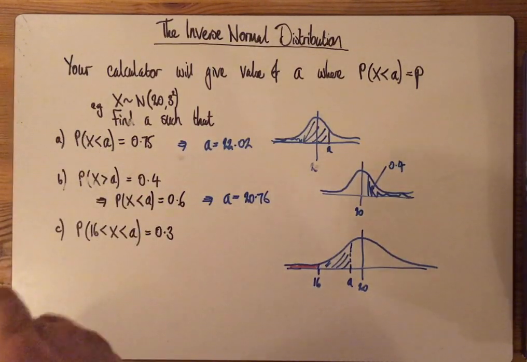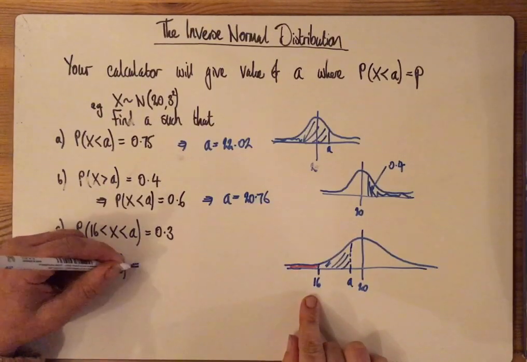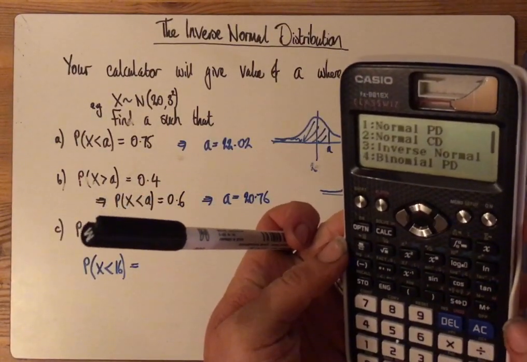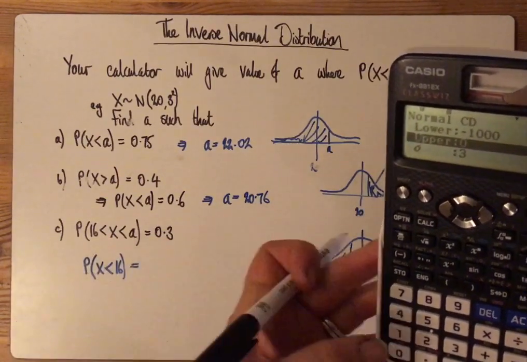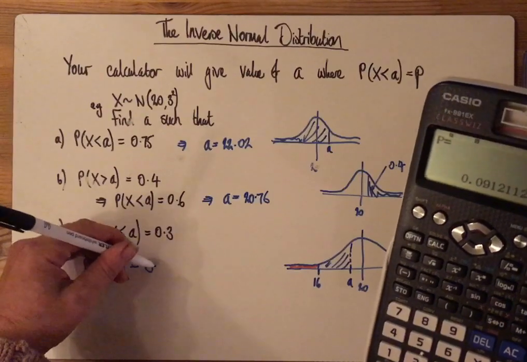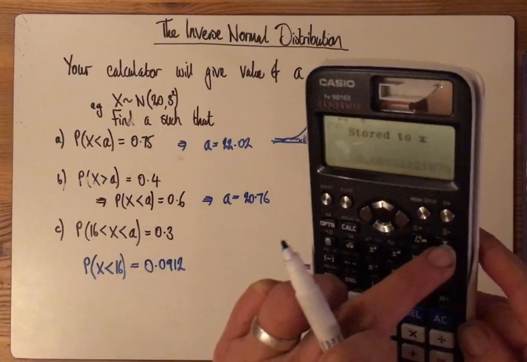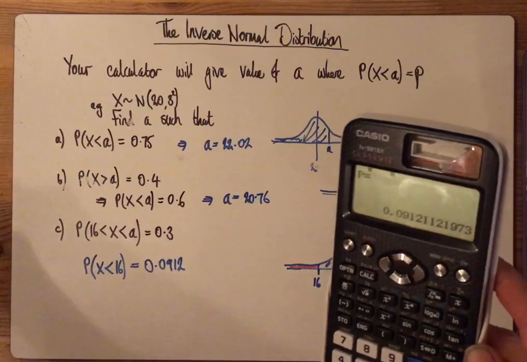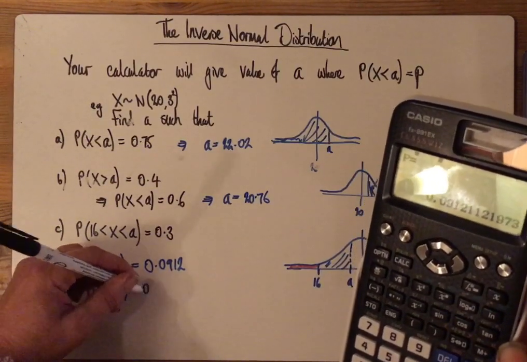So I need to find, first of all, the probability of x being less than 16, and this is what you were doing last lesson. So menu 7, normal CD, lower bound, I'd put in minus 1,000 or something, upper bound 16 is stored, that standard deviation, and I get 0.0912. Right, what I can do with that, you don't want to get any rounding errors, obviously, in your work, so you can store that to x, and it's stored to x, so you can do that at that point there. And so now I actually can work with the probability of x being less than A is 0.3912,